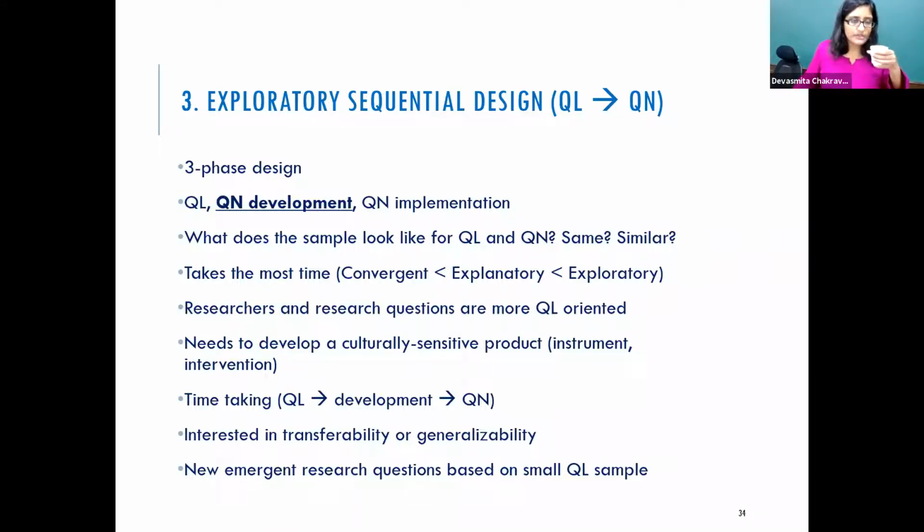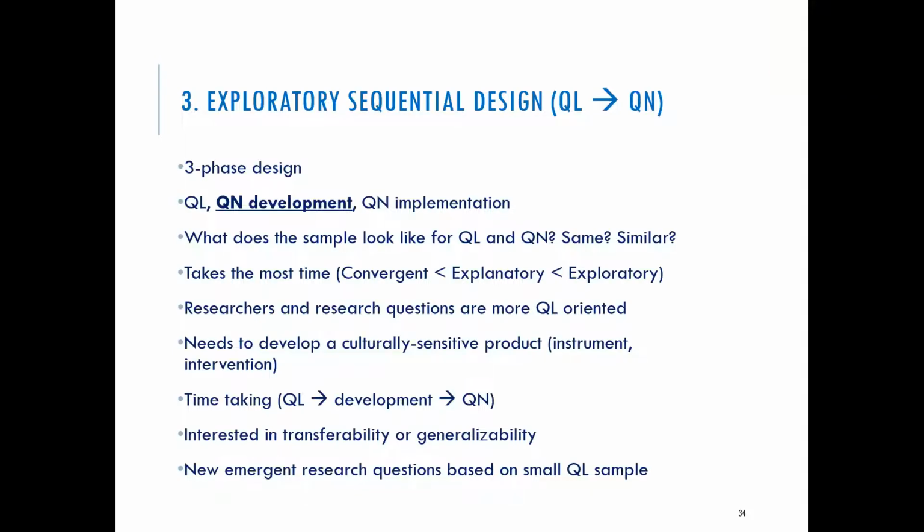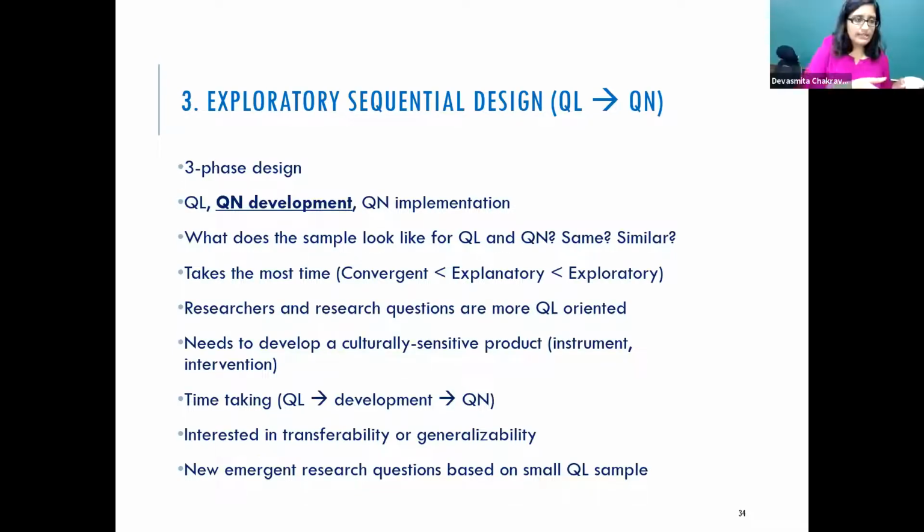No, because you're looking at a much larger sample size for the quantitative part. Maybe I do 20 interviews, and based on that, I survey 2,000 people from the same population, not from a different population. But think of it as a funnel. In the first design, explanatory, surveying more people, coming down to a smaller number of interviews. Here it's inverted. You interview few people and you broaden it to more people taking the survey.